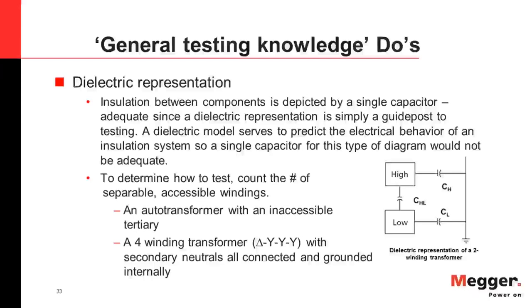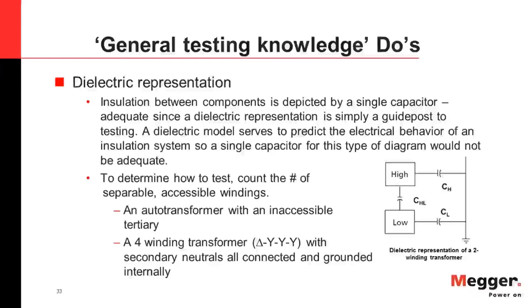First, let's consider an autotransformer with an inaccessible tertiary. Three windings: a series winding, common winding, and tertiary. But how many are separable accessible windings? The tertiary is out. It's not brought out of the tank. We've already said it's inaccessible. And the series and common windings are accessible, but they're inseparable, so they have to count as 1. So for testing purposes, in this case, we have a single accessible winding, so we test it like a single